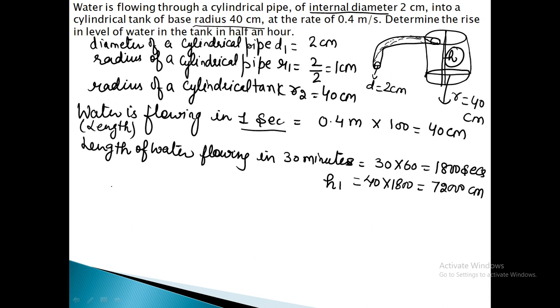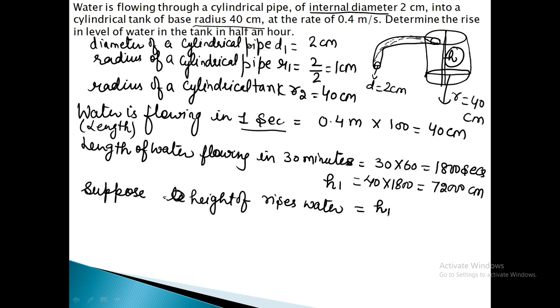and this length will be represented by H1. Now you have to suppose the height of the risen water, represented by H2. That will be found out by us. For finding H2, we have to use